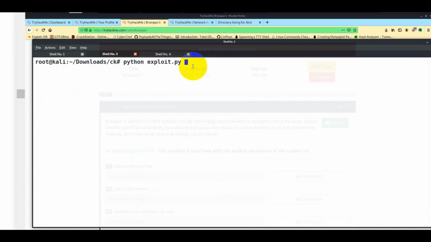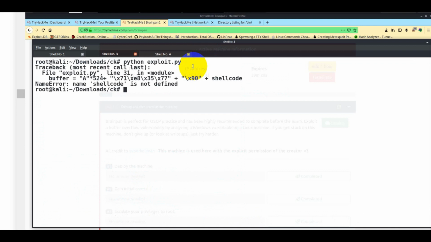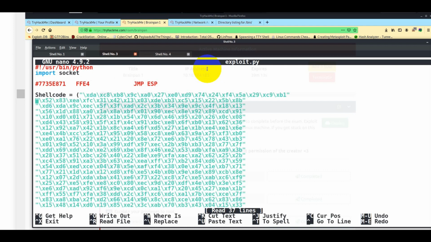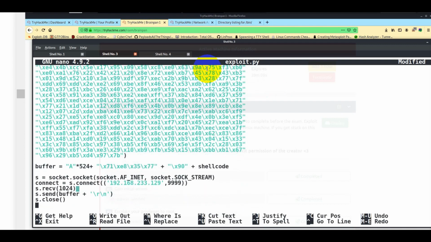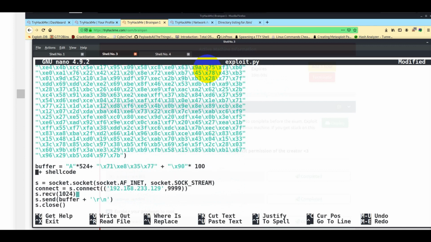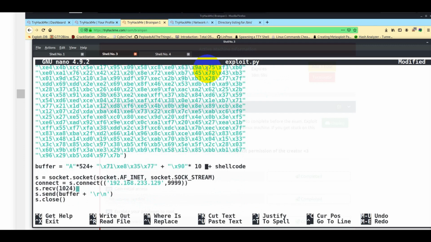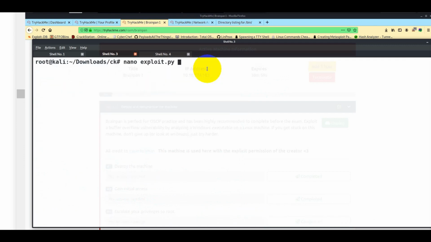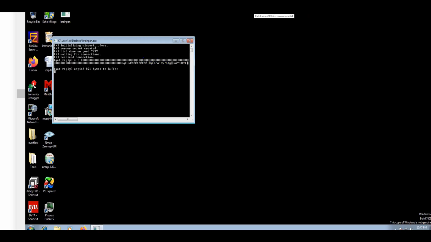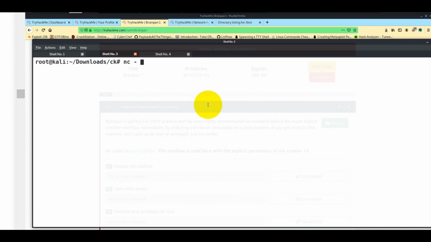Again, there is some mistake that I made while creating the video, so I will just correct it. Okay, and if I run it, okay, there is a spelling mistake or something, that's why it is not running. So again I will go back and try to fix this. So you might encounter this kind of error during your exploit development, which is completely fine. Okay, so again I have provided NOPs. I should increase it. Typically I keep 10 or even 20, depending on requirement, right? There are advanced techniques where you have limited shellcode length and all those things, but in this case it's not an issue.